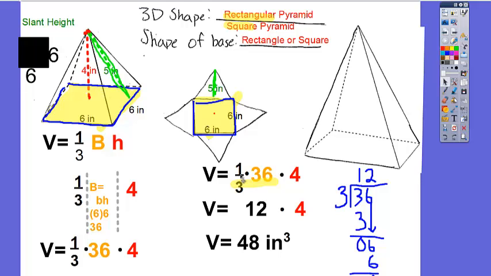Let's go ahead and move on to triangular pyramid. We're going to go through that one a lot quicker though. So I'm going to go ahead and pause this real quick. Okay, so we're about to go on to